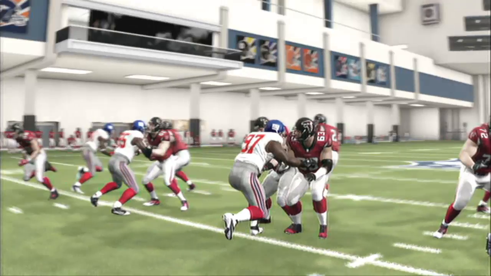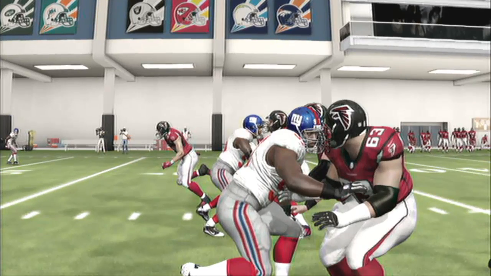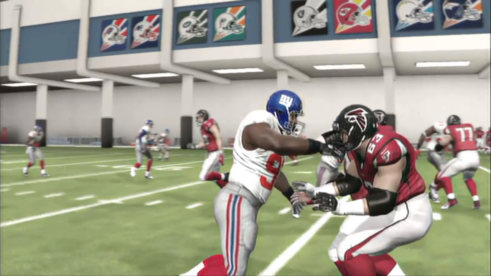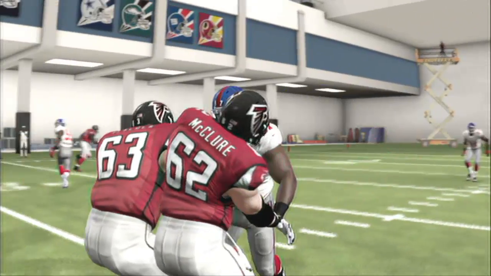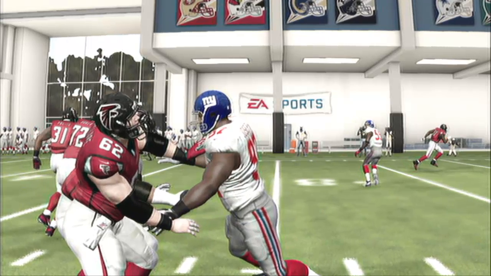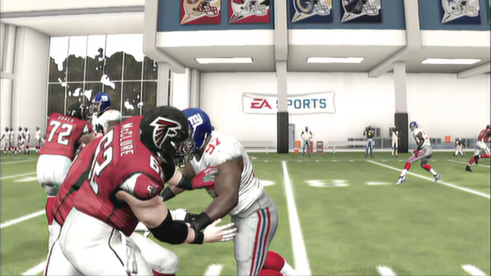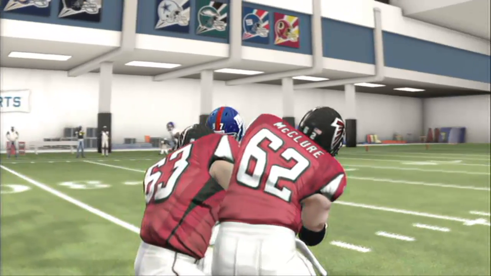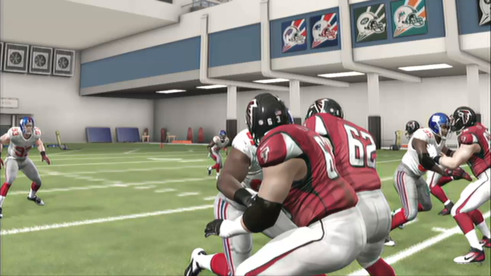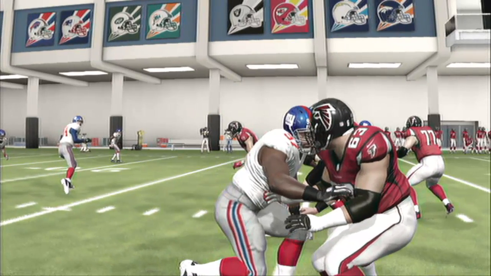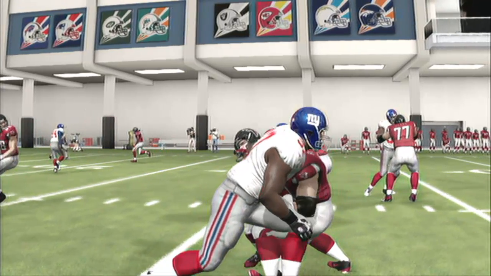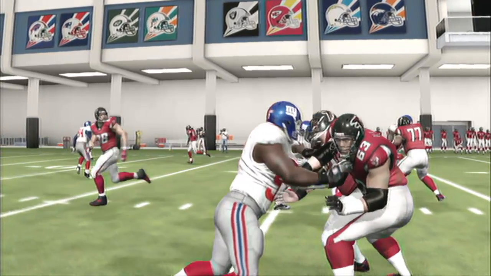Remember in part 1 I was talking about animation coinciding with each other. Look at the offensive lineman. Essentially what they're doing is coinciding with the animation the defensive lineman is in. And that's where you get the illusion of double team. Because in essence, there is no animation for the double team. All they're doing is coinciding with the defensive line